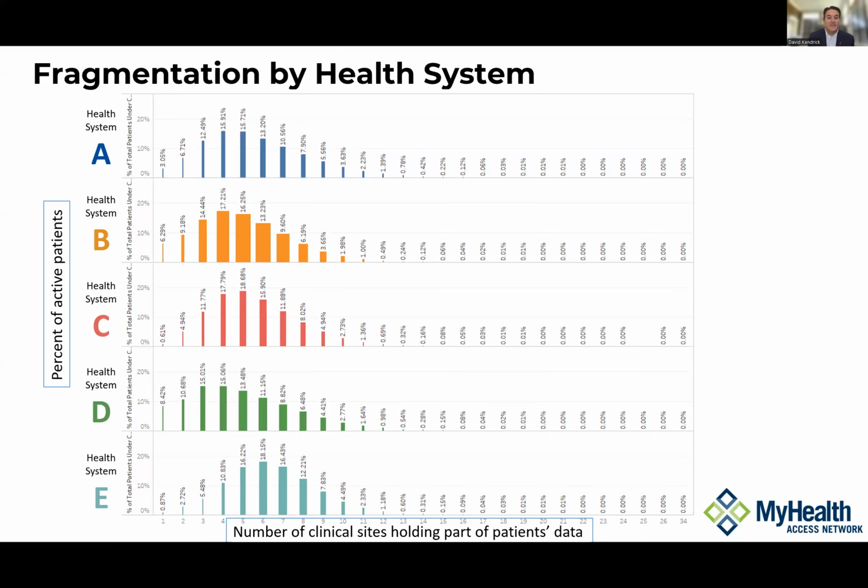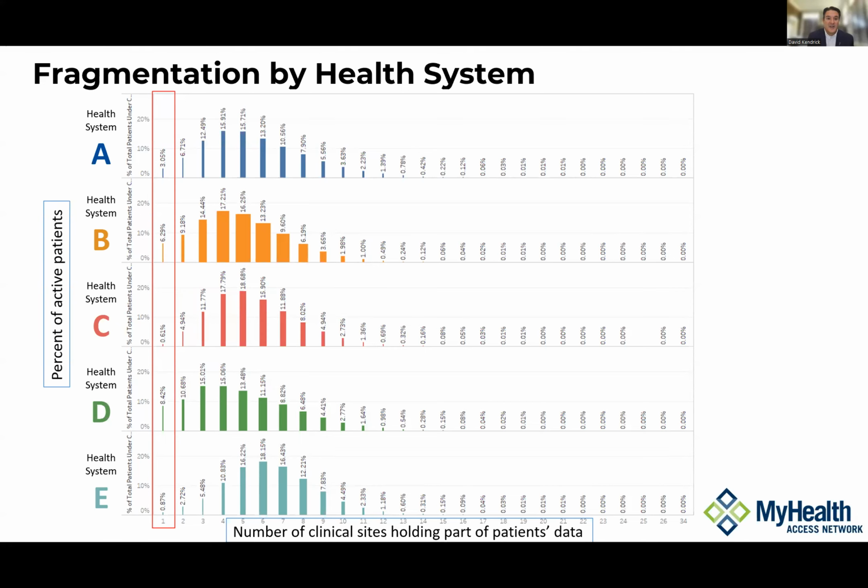has 18% of the patients it takes care of with data in 6 other places across the community, meaning the records on those patients are fragmented into 6 other locations as well. For our purposes of trying to do good science or deliver comprehensive, high quality care, we really just most need to understand this first column, because this column is essentially what percent of patients those health systems take care of that only have data in that health system.